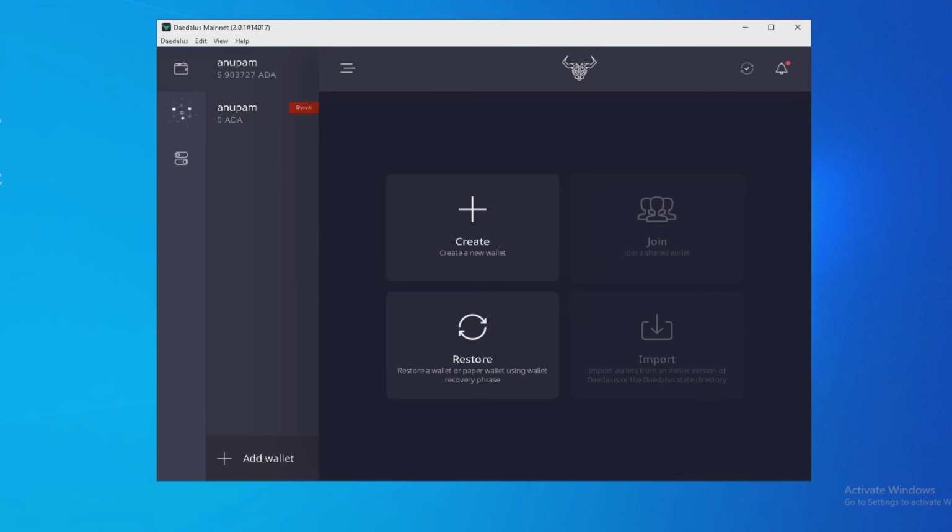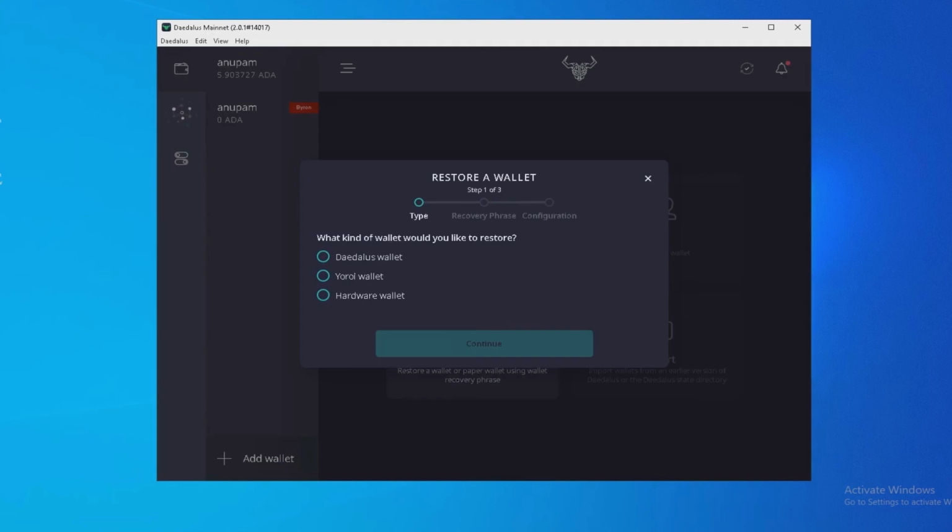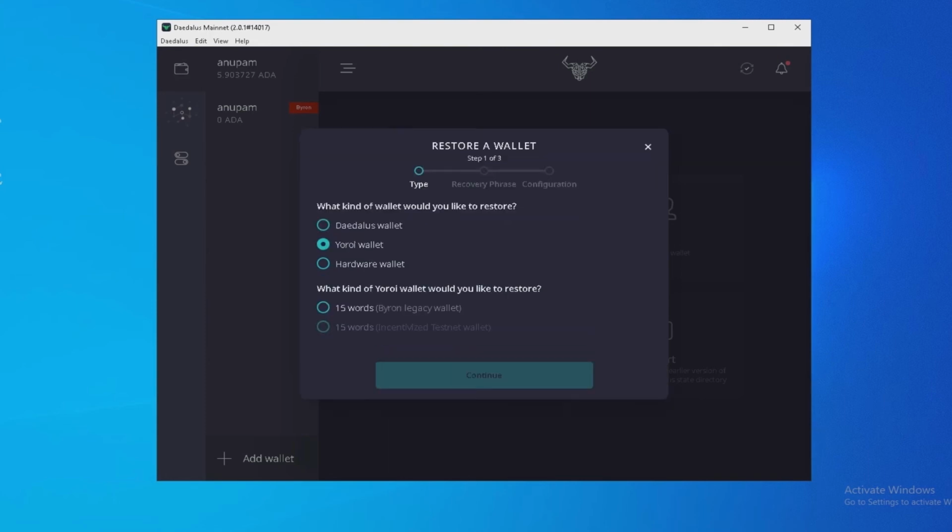So now let's go to add wallet. Here you will find the create option and restore option. What I did, when I first installed it, I had to restore it. So I just clicked restore and I got these options, and I selected Yoroi wallet, and I had the 15 words seed phrase.